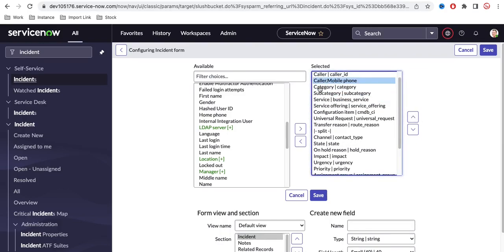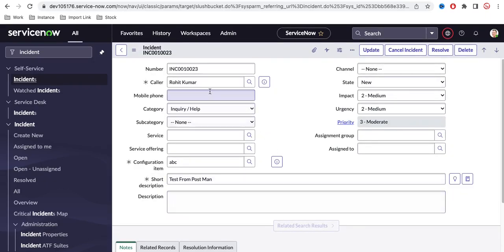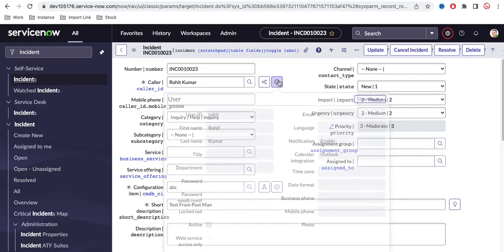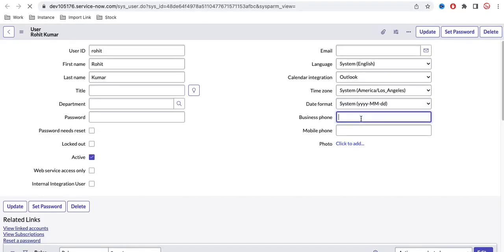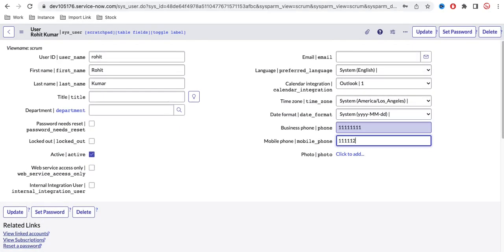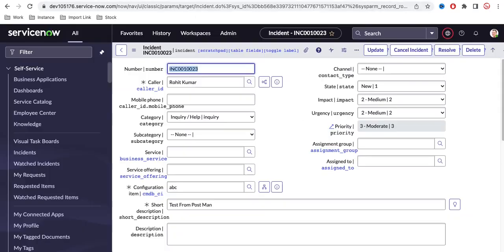If you notice, right now it shows caller.mobile number, which means whatever caller details are there, the caller mobile number can be automatically pre-populated here. You can see this mobile number is now visible. Now if I go back to this user record and update it, let's say this is my mobile number, and I save that and then refresh my form